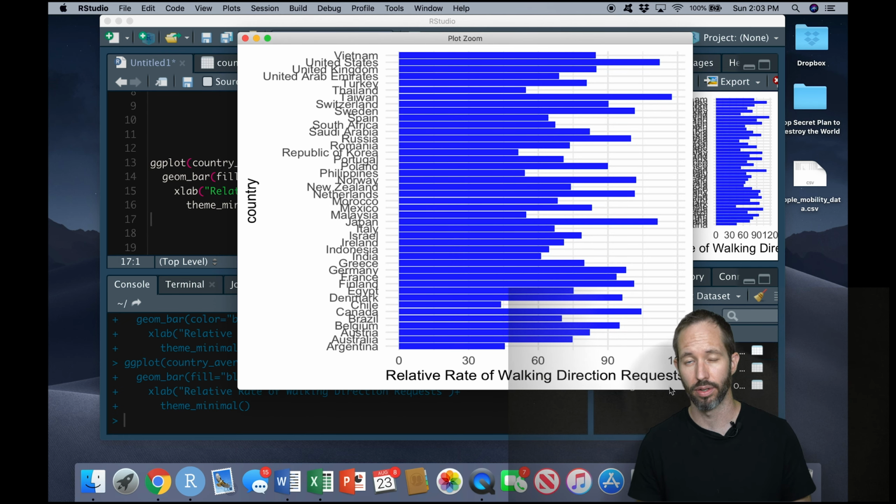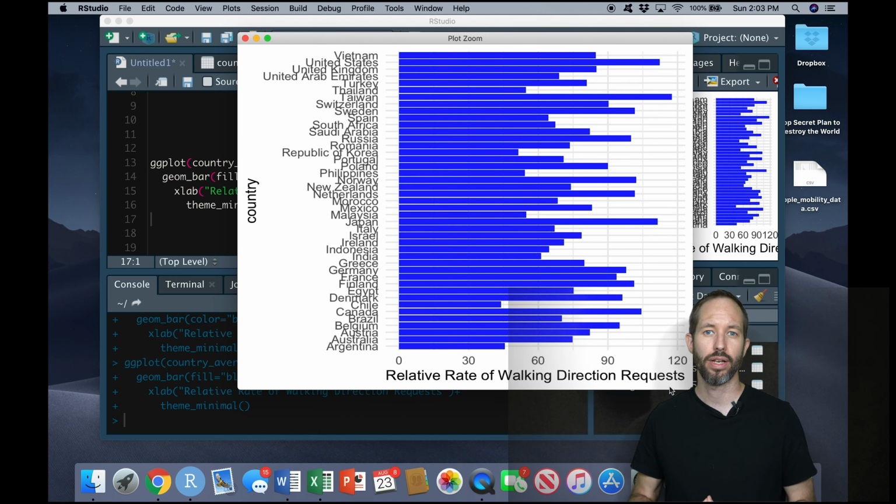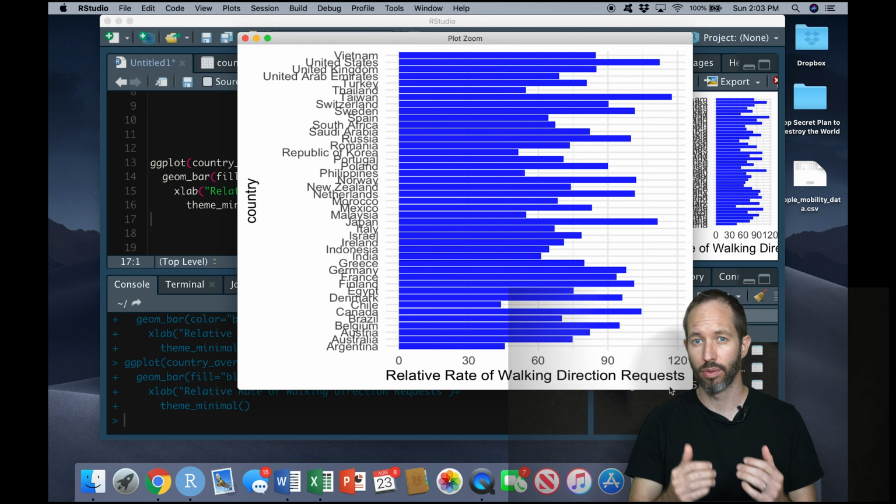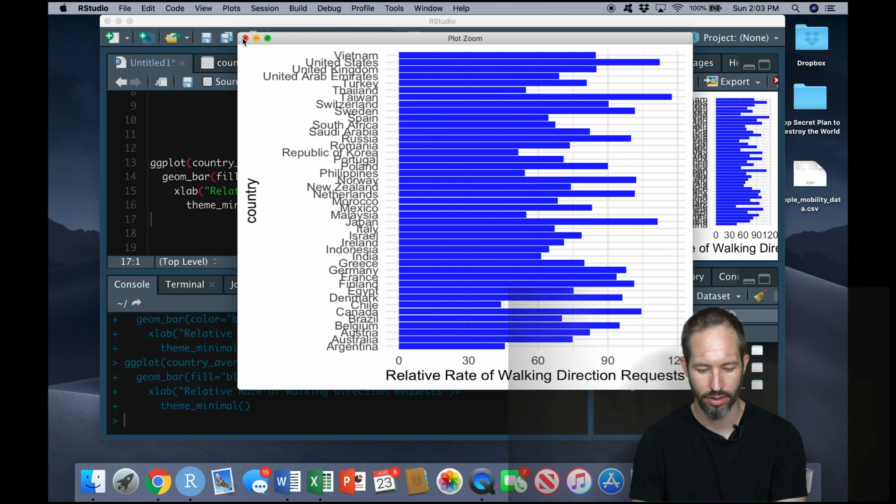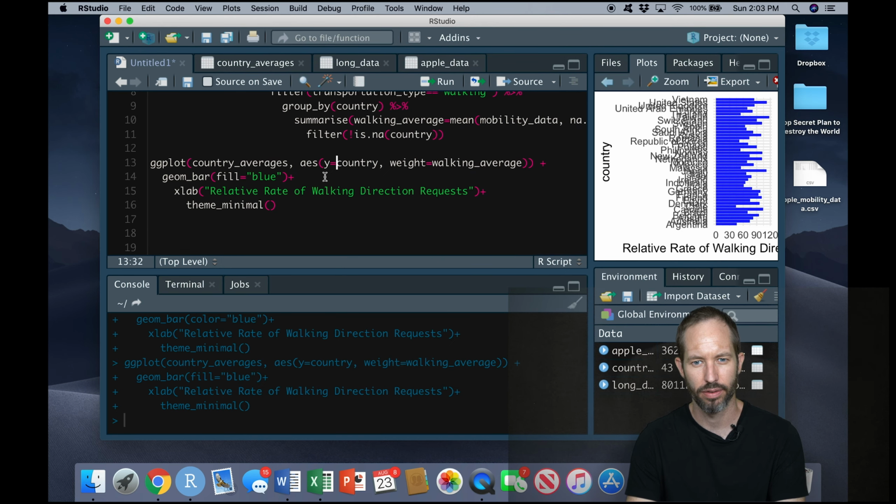It would be nice to see what's the country with the highest rate of direction requests and what's the country with the lowest rate. And so to do that, we could do a few different things. We could create a factor variable in R, which is a type of variable which contains both labels and numerical values. And we could then determine the order of that factor variable according to the numerical values. The other way we can do it is to simply add another function within our ggplot called reorder. And we can say, take the y value here, and reorder it by the walking average. So I'm going to go ahead and do reorder. I'm going to wrap this country here,